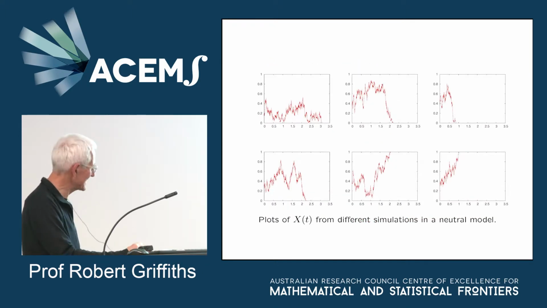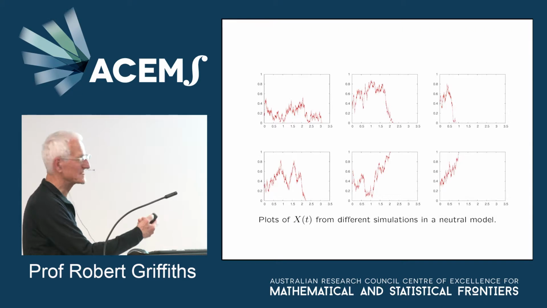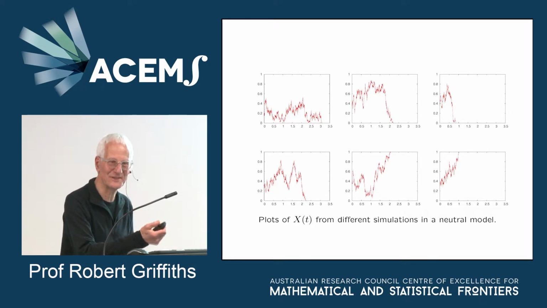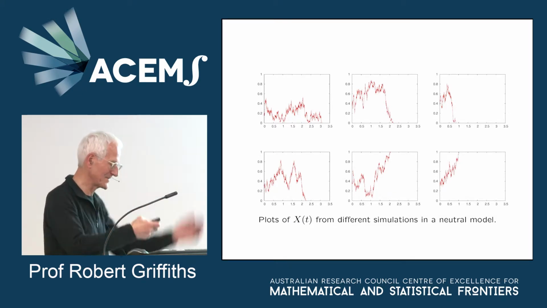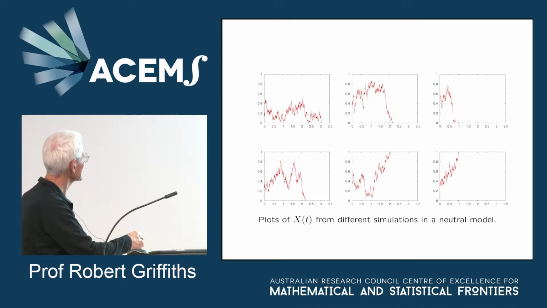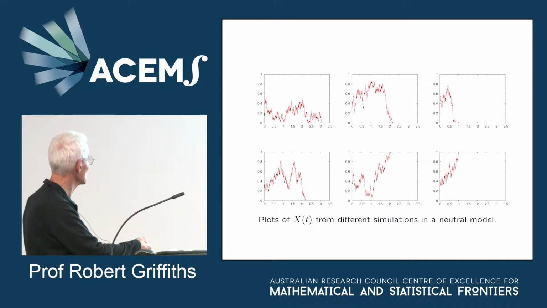Here's some more simulations in a neutral model and what might happen here. So this is just directly from that Wright Fisher model where the boxes are squashed up. And here we go. This one hit 0, this hit 0. They don't go much past 3.5 here, so the expected time to hit is around about here. And then this one actually hit 1, this one hit 1, and all of these start from 0.4.